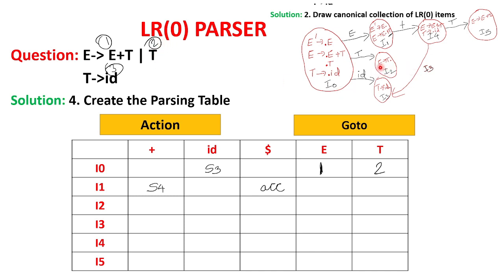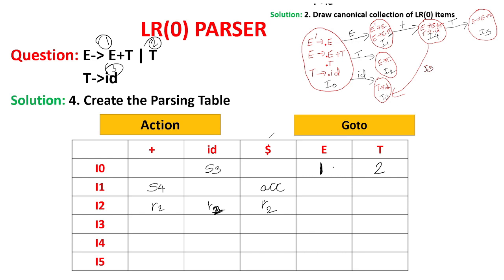So production number 2 is fully exposed, so you cannot shift further, so it is reduced. There is only shift and reduce in a bottom-up parser like the LR parser. So you have to write over here R2, that is, it is reduced, you cannot go further. So in all the cells you have to write R2. Here also R2. In the action part you have to write R2. Everything we have to do in the action part only.